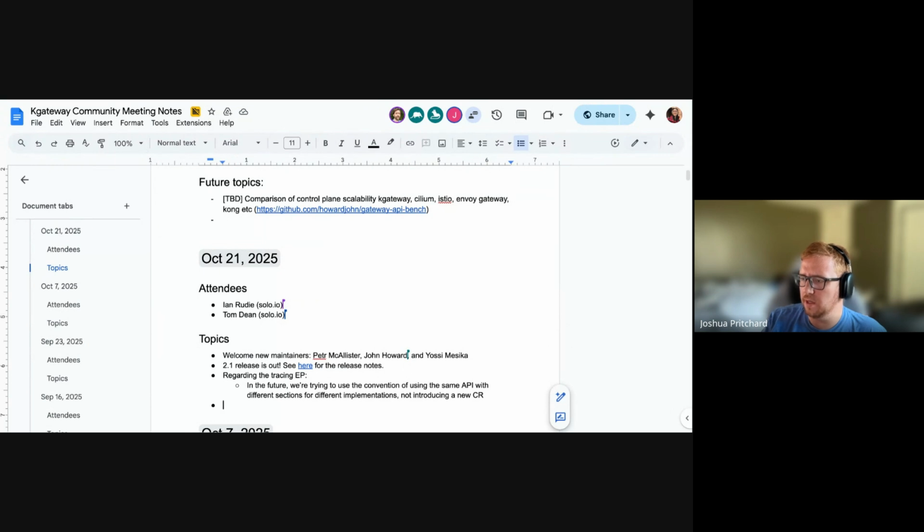As far as other things going on, there's definitely some cleanup in progress since we got that 2.1 released out the door. We're pushing to get some changes in and things that we knew were introduced, and maybe a little tech debt around the agent gateway implementation. Make sure that's a solid foundation moving forward, and that we can build on it and start pushing it towards a more reliable state than what it's in the 2.1 release.